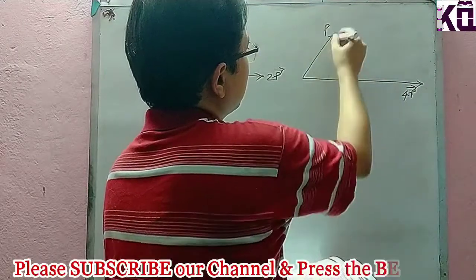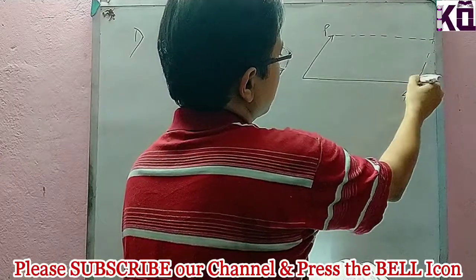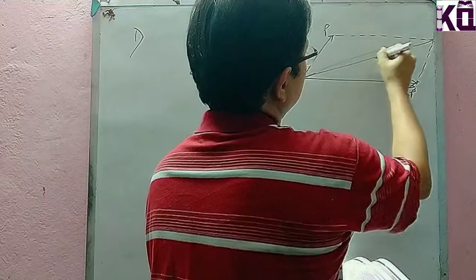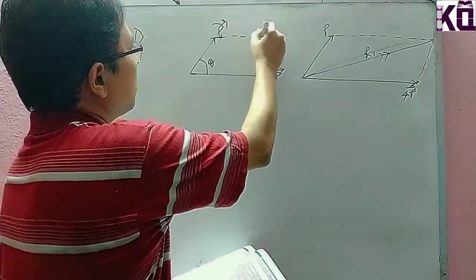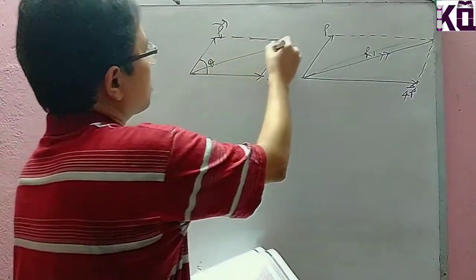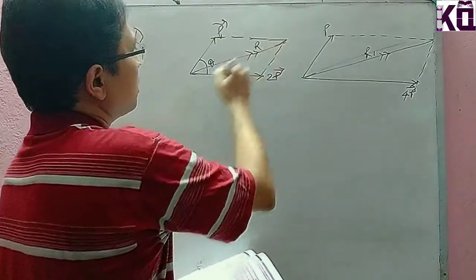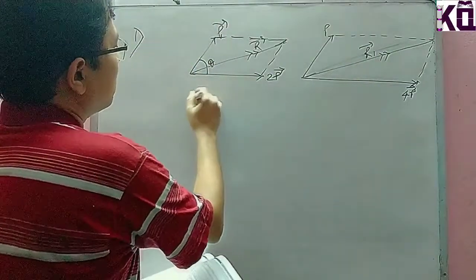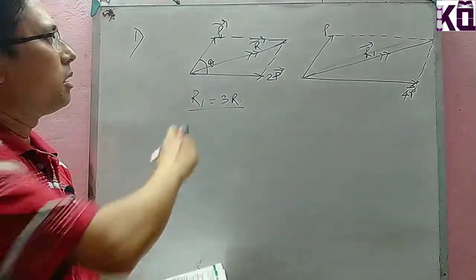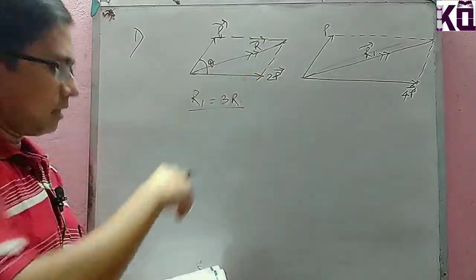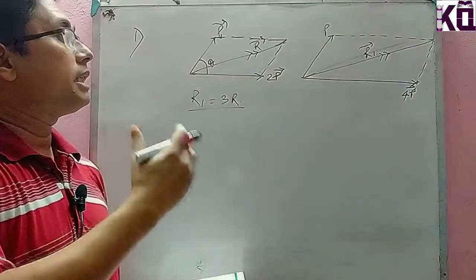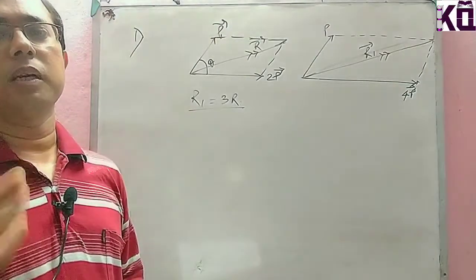and this is actually p, let us say this is the completion of the parallelogram, then finally this one, say R1, and this one is the resultant, say this one is R. As per the condition, the value of R1 is equal to 3 times of R. When 2p becomes double, means 4p, then this resultant, which was initially R, now becomes R1, which is basically 3 times of the value of this R. That is magnitude. With respect to the magnitude, it becomes 3 times.